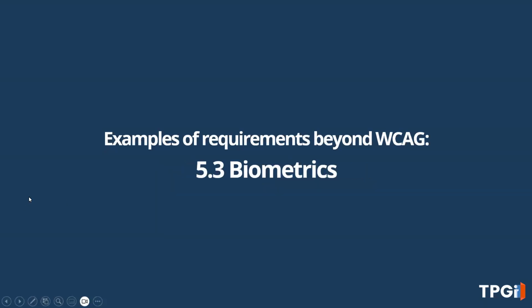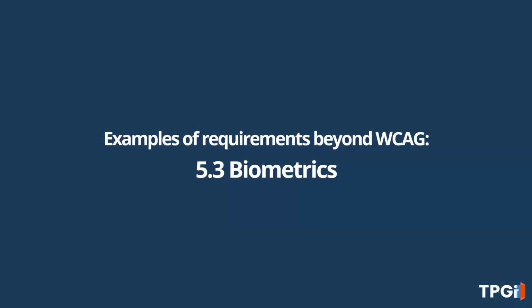Okay, so EN 301549 includes specific requirements for biometric authentication and interaction, ensuring that users who can't provide a particular biometric characteristic have an alternative way to authenticate. So biometric authentication, like fingerprint scans, facial recognition, and voice verification, is increasingly used for security and convenience in devices and systems. But these methods can exclude people with disabilities, including people with prosthetic limbs or limb differences, which means that they might not have fingerprints,